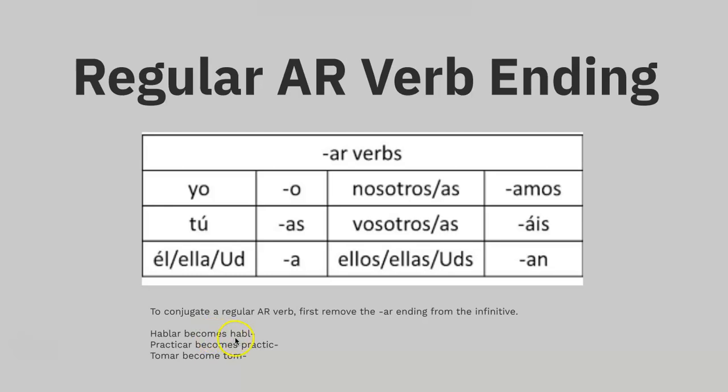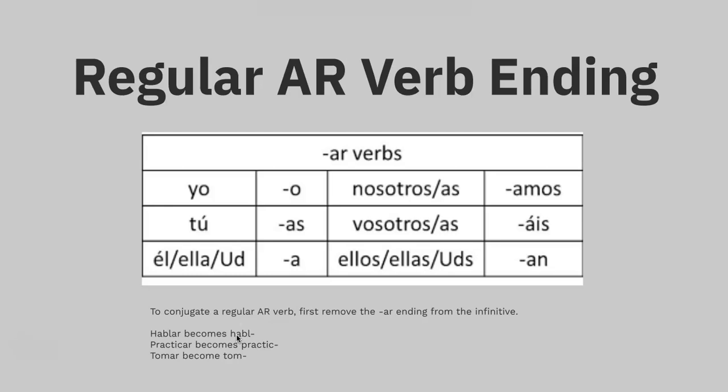What we do before we add on these endings is we drop the AR. Then we have that stem, which is HABL. Depending on who is doing the action, we add on that ending. So if it's I'm speaking, I would add on that O to the HABL, and it'd be hablo. If it's you speak, we would add that AS, and it'd be hablas,